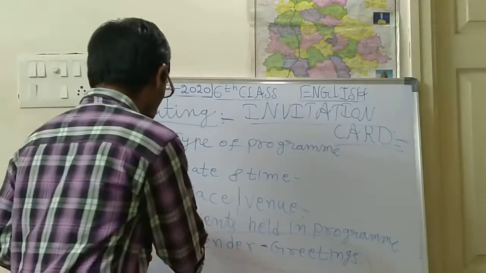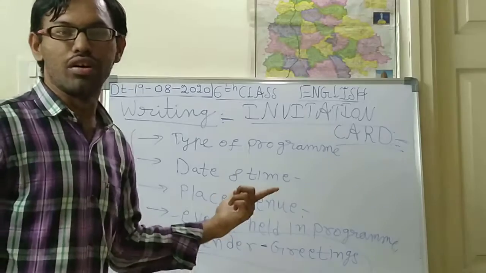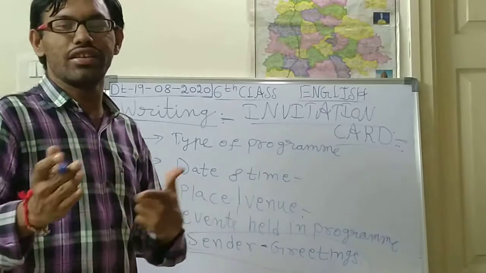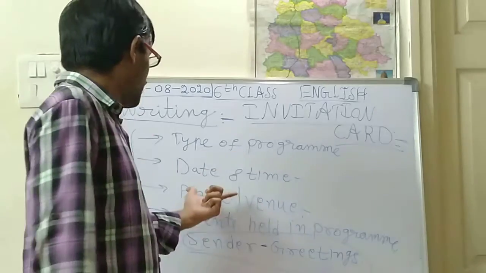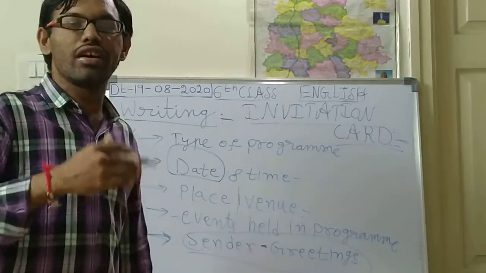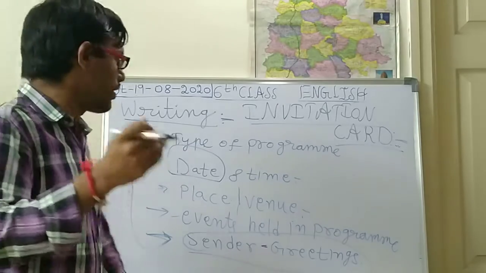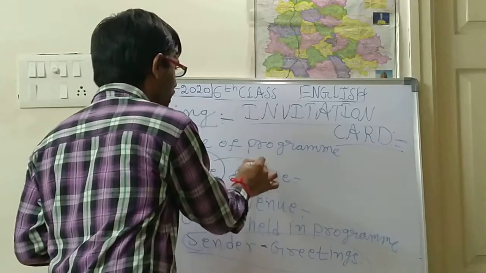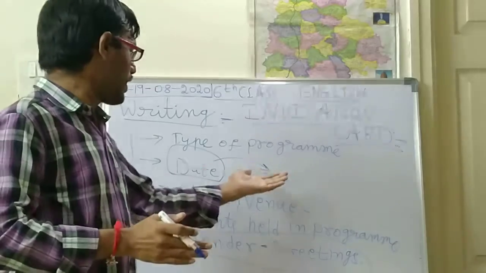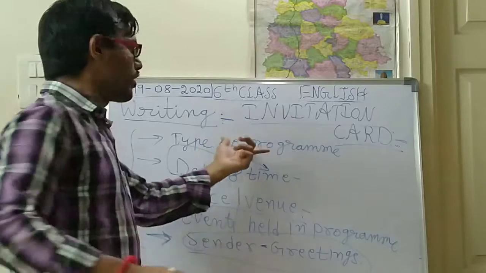Okay, so next, place or venue, compulsory. Without knowing the place, they can't come. If you mention the place, it becomes easy for them to come. Next, date and time. If you mention the date, the visitors won't keep any other work on that date. At that time, they will spend time for your program. Is it right? By this time they will be coming to this place to attend your program.